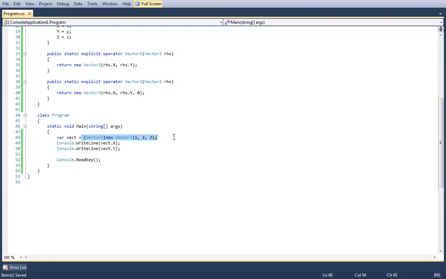Now, obviously, they both can be implicit, or they both may be explicit. But given that the reason there's a difference between explicit and implicit conversions is just for increasing the readability of your code by documenting, I suppose you could say, instances where loss of data may occur. So, for example, when you go from a double to a float, loss of data may happen. Because of that, there is no implicit conversion from a double to a float. However, when going from a float to a double, there can be no loss of information, which is why the conversion is implicit.